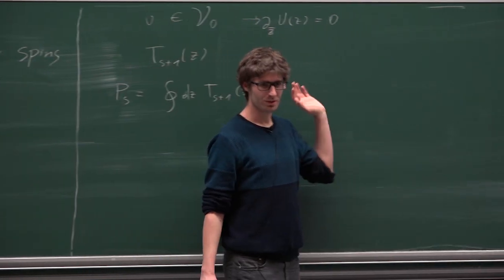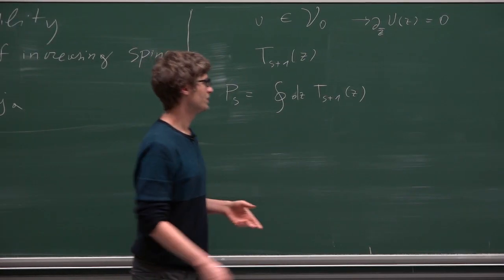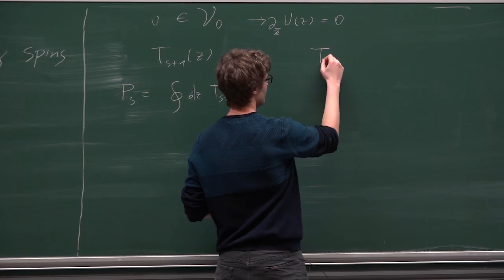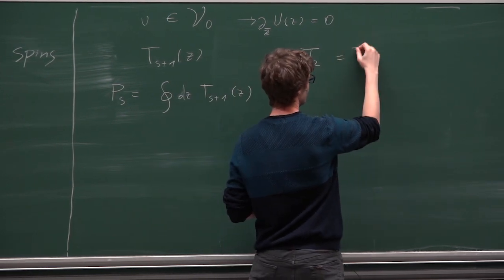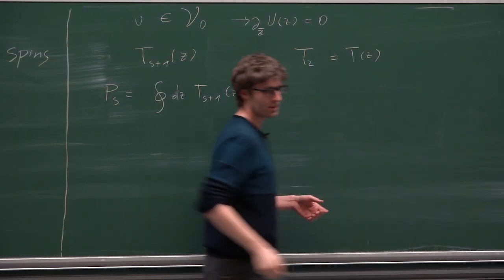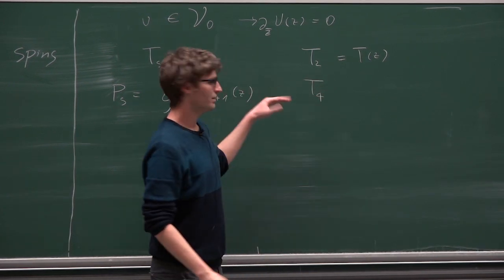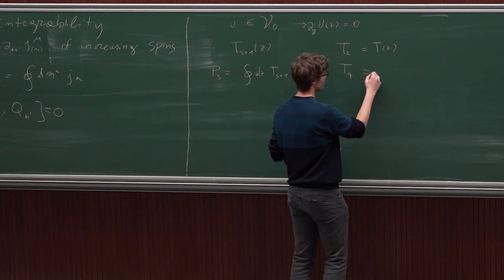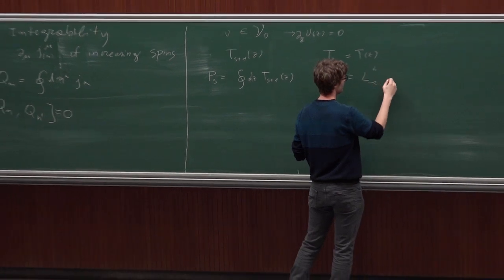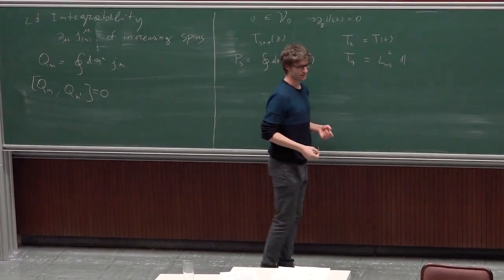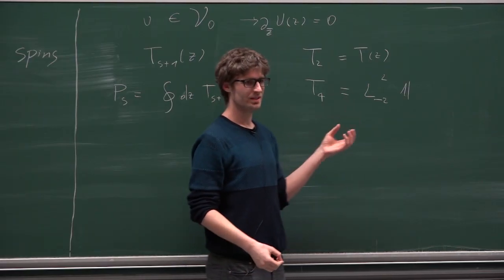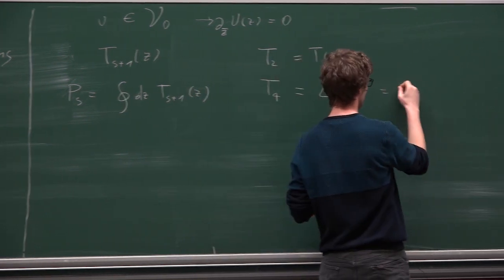And I will not show you that this structure is there, but for example, the first one, T_2, is just the stress energy tensor. And then you find one at every level, and the restriction is due to the commutativity. And the next one, for example, is L_{-2} squared acting on the identity. And if you see what this is, essentially